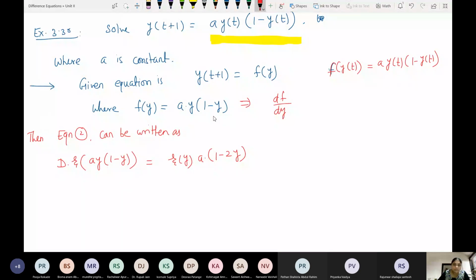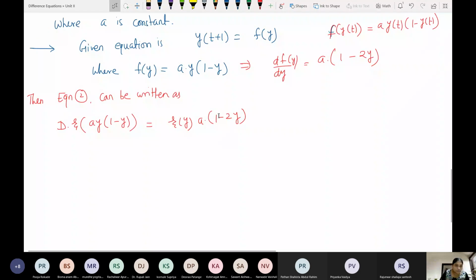What is df/dy? A is constant outside. y means 1 and y square means 2y. That's it. So equation 2 can be written like this: d xi of f of y is equal to xi y df/dy. Is that okay? Yes, ma'am. So this form suggests that